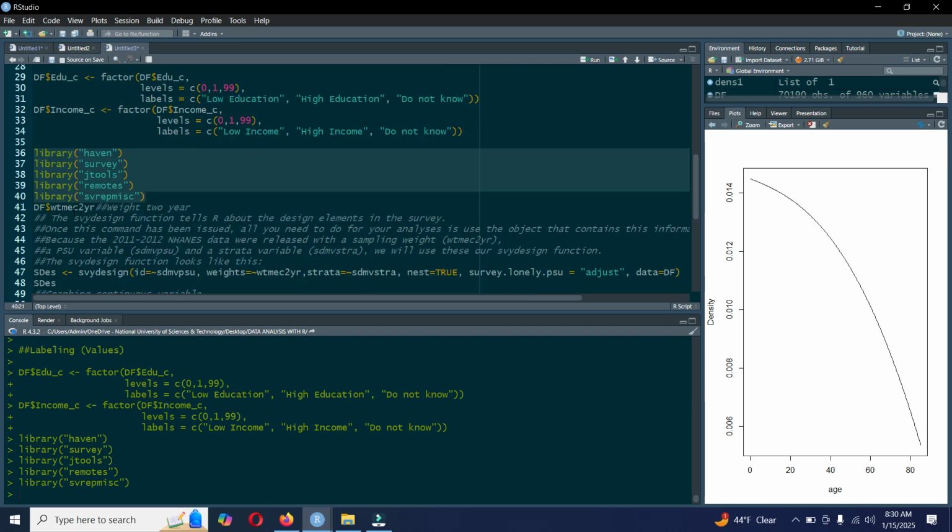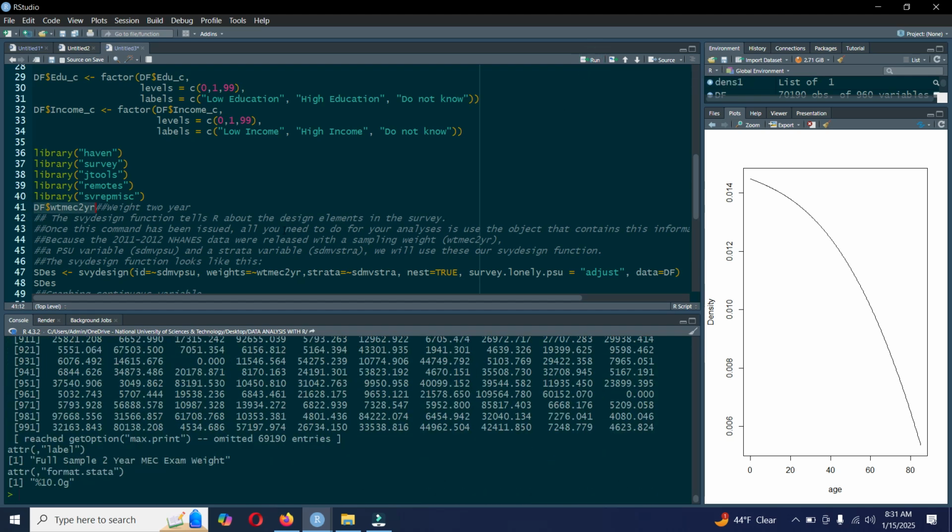And then we have a variable for weight, that is named WTMEC2YR, which means we obtained the weight for 2 years, as each cycle covers 2 years, and we have a total of 7 cycles from 2005 to 2018. So the weight is already computed for 2 years, coded as WTMEC2YR. You can see this is your weight variable basically,